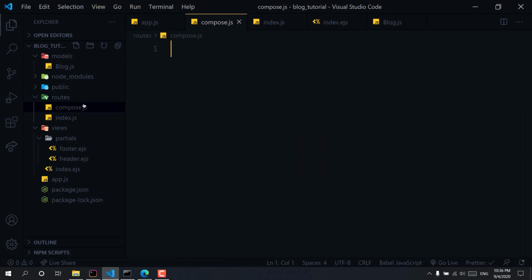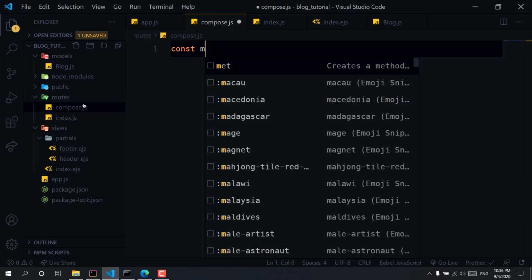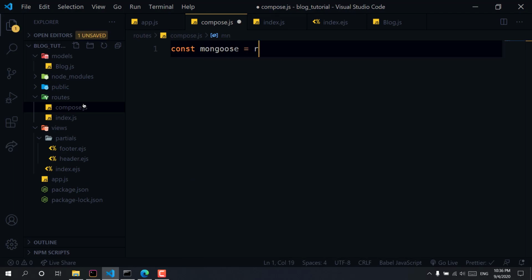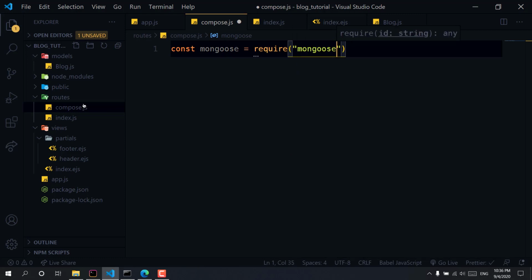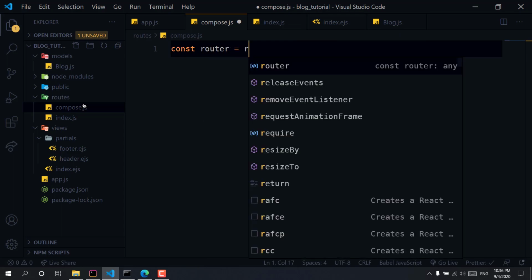We will compose every blog there in a specific route, so we need the router.